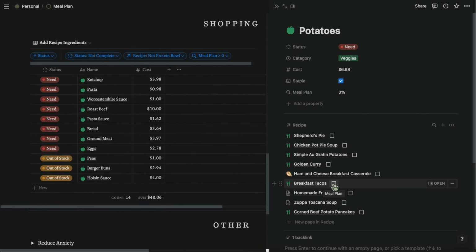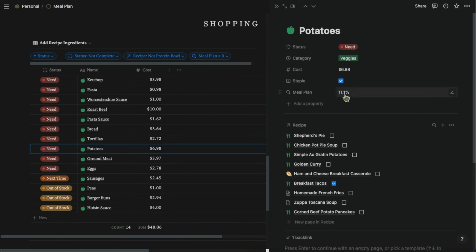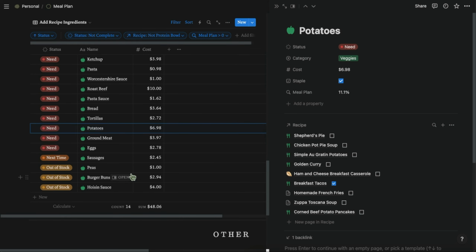Once I check this box, this percentage goes above 0. And this is telling Notion, hey, you want to make breakfast tacos, which requires potatoes, so we need to add it to this list. Hopefully that made sense, but if you still have questions about it, be sure to leave